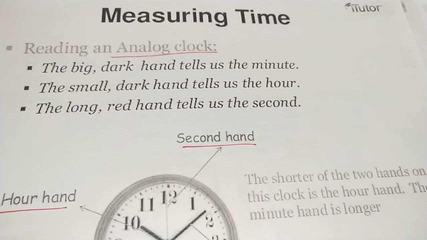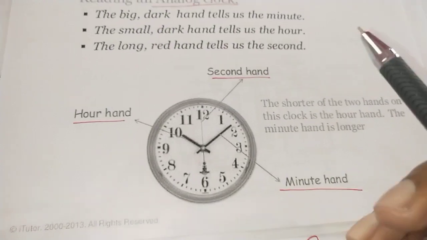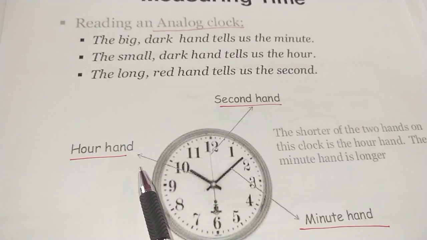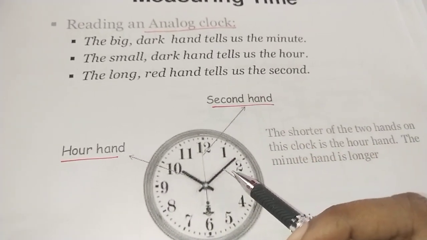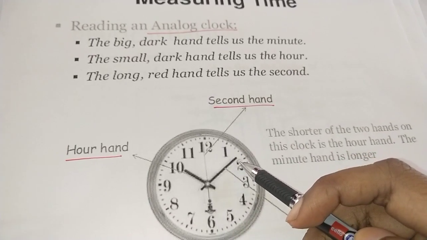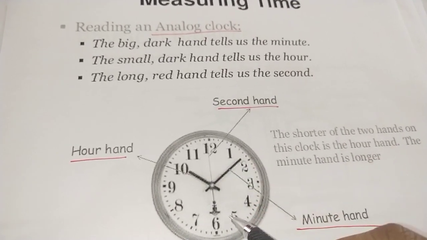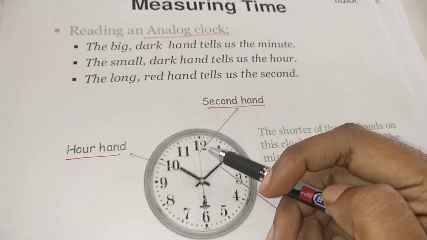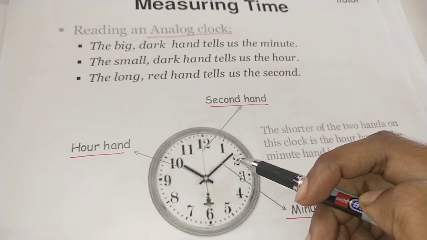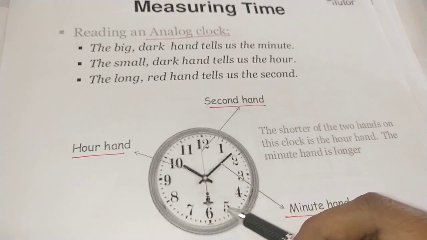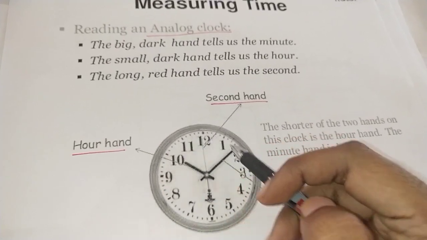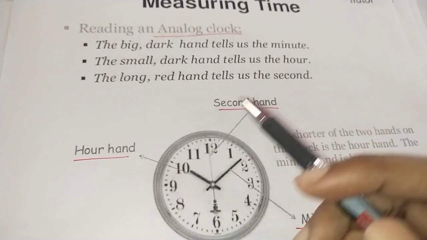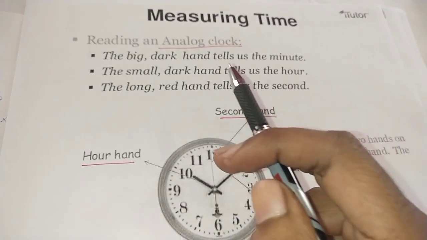Since you are in class 9, everyone must be very well aware of a simple clock, a wall clock, in which this is the hour hand, this is the second hand, and this one is the minute hand. As soon as the second hand makes one complete revolution of 60 seconds, the minute hand will move by 1 minute. Similarly, when the minute hand completes one rotation of 60 minutes, that will be 1 hour. This is what we are very well aware of. So this is simply an analog watch, or how to read an analog watch.